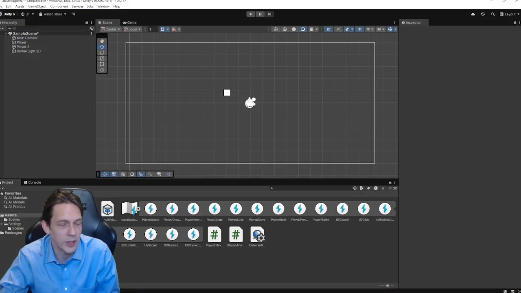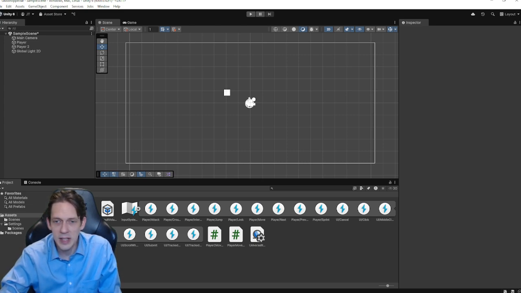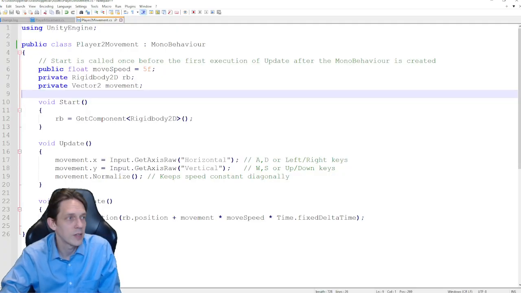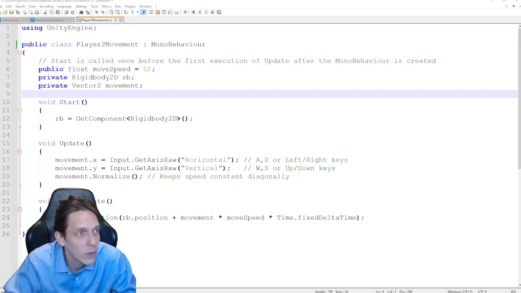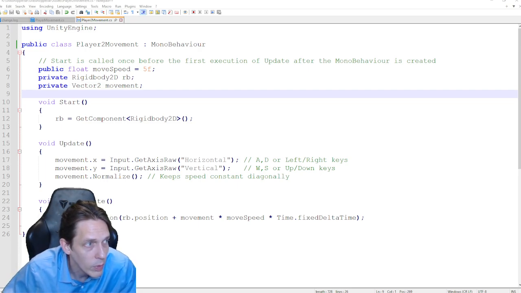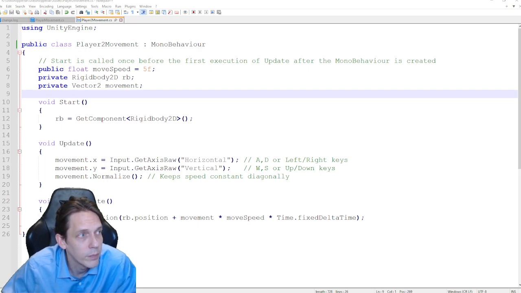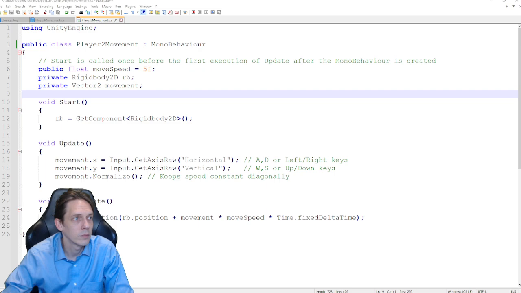I want to make a second player that is a second player. So let's figure out how to do this. All right. What do we have to do to control the keystrokes here?